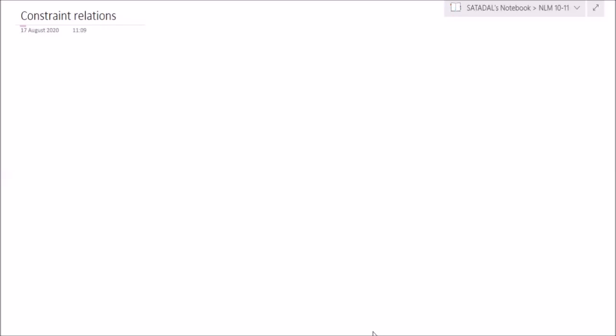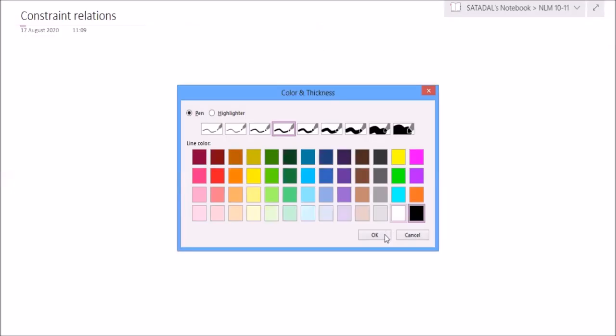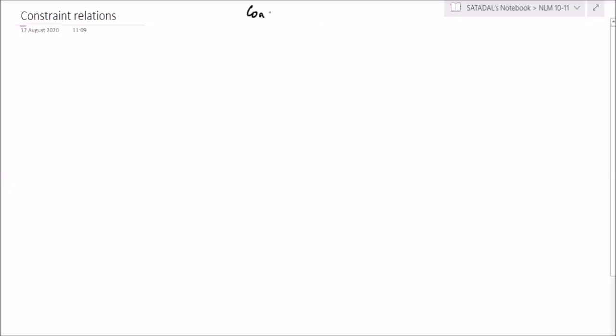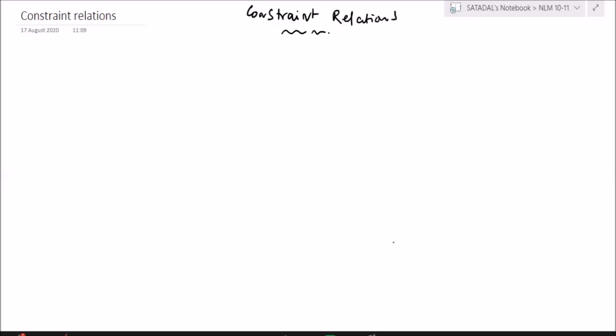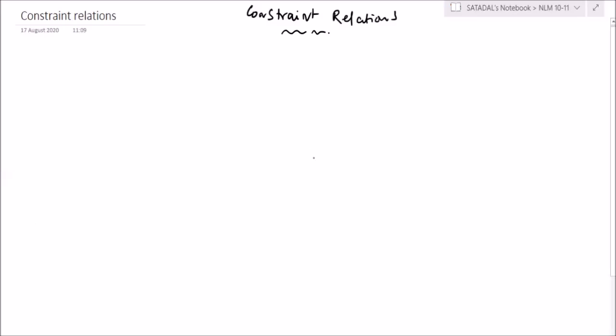So first you note down constraint relations. I will tell you two ideas. Primarily, we will work out on two ideas. Later on, for complicated system, I will tell you another idea. But as of now, two ideas only. Okay. So our today's class will thoroughly roam about these two ideas.